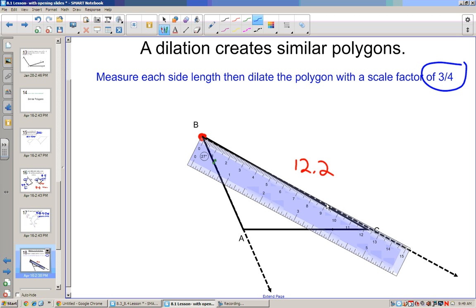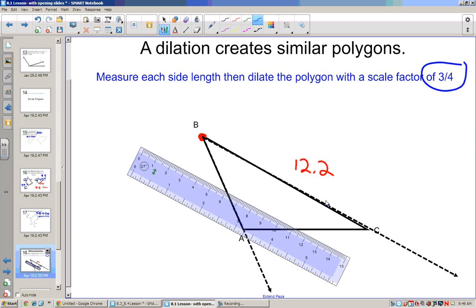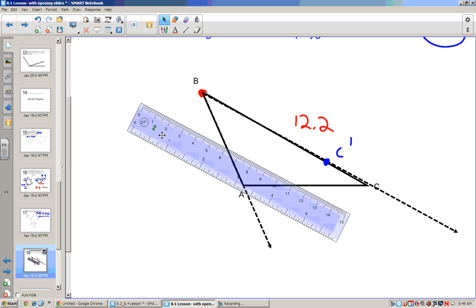So I'm going to go to 9, and between 9.1 and 9.2, I'm going to make a dot. So this point right here is going to be C prime, because I moved it back using the scale factor 3/4. So now I do my other side,